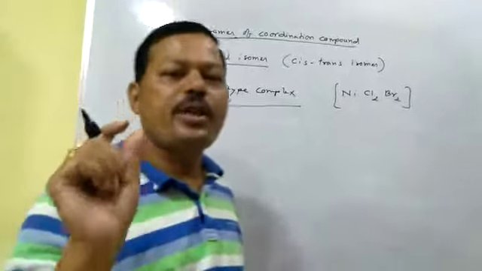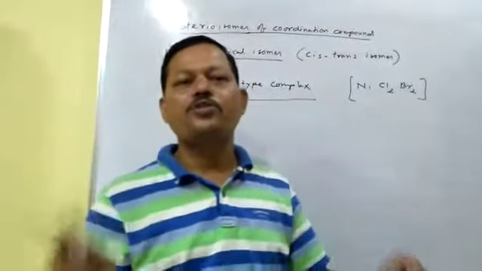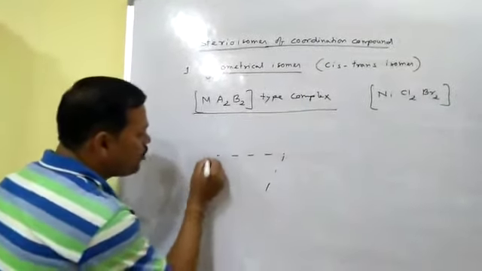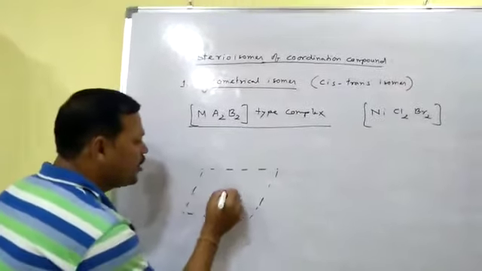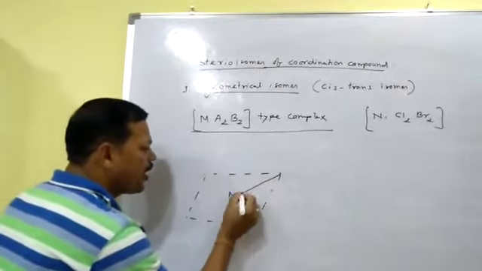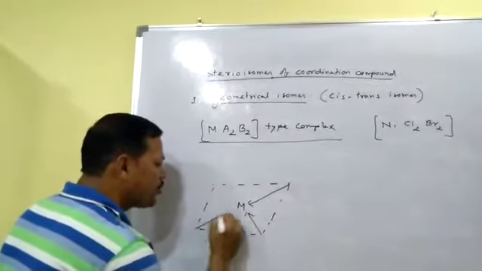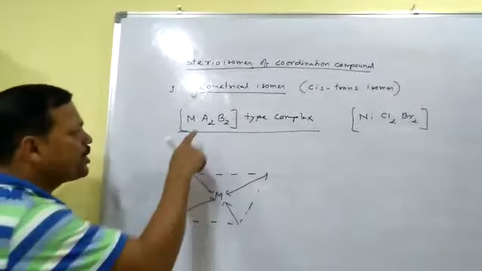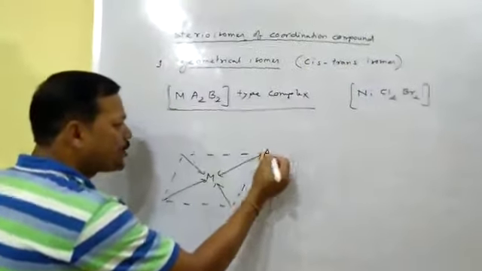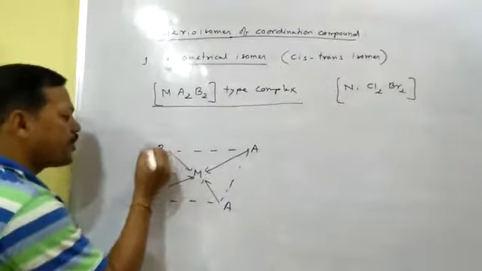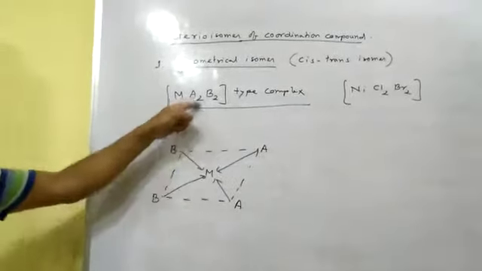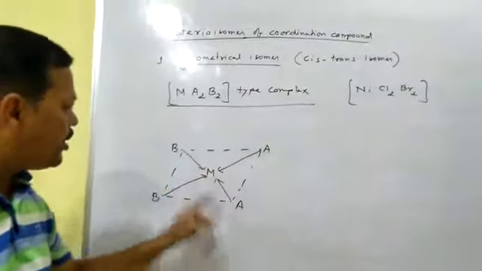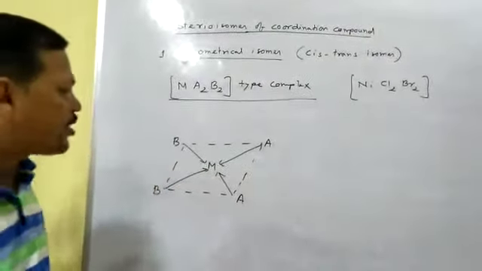And if the coordination number is 4, then the shape of the complex will be square planar. So I will draw the structure of this. This is one of the square planar. This is the central metal atom, and the ligands will be present like this. They produce the bond in this direction, which is called the square planar shape. Suppose here 2A, 2B. If one A is present here, another A is present here, B is present here, B is present here. So this is the structure of this complex. If you write this complex, you write nickel here, 2 chlorine here, 2 bromine here, like that you can draw the structure of the complex.